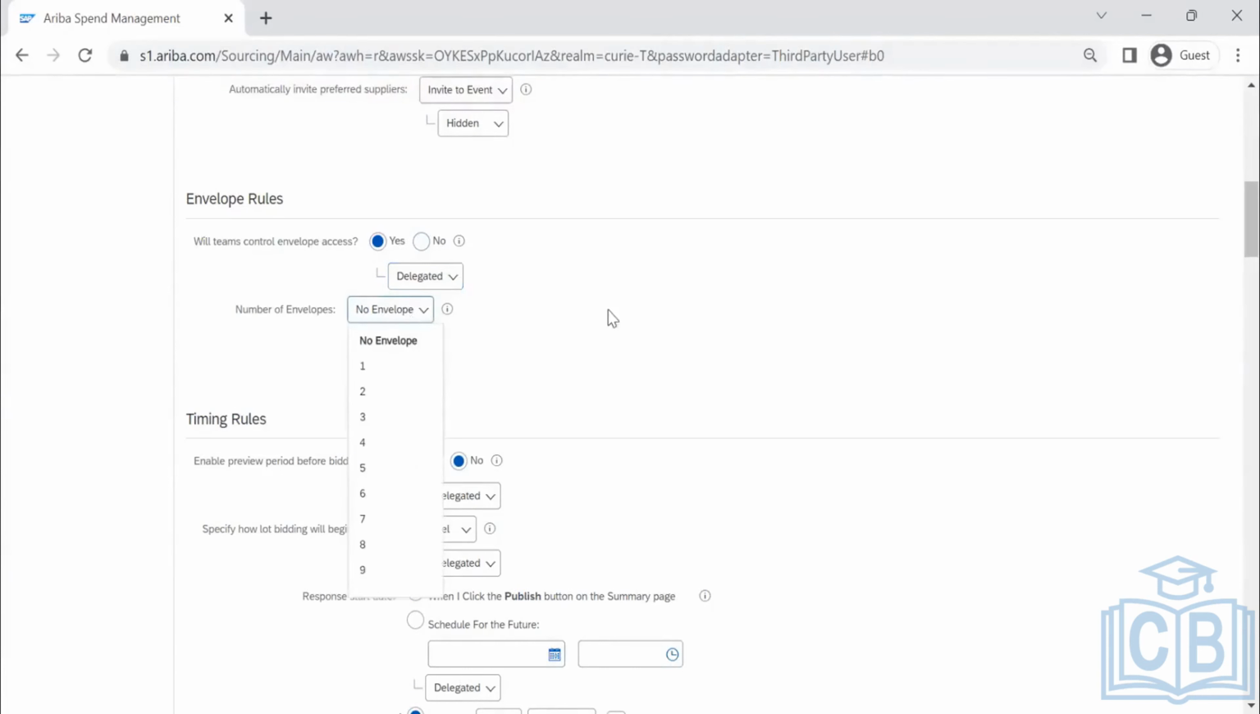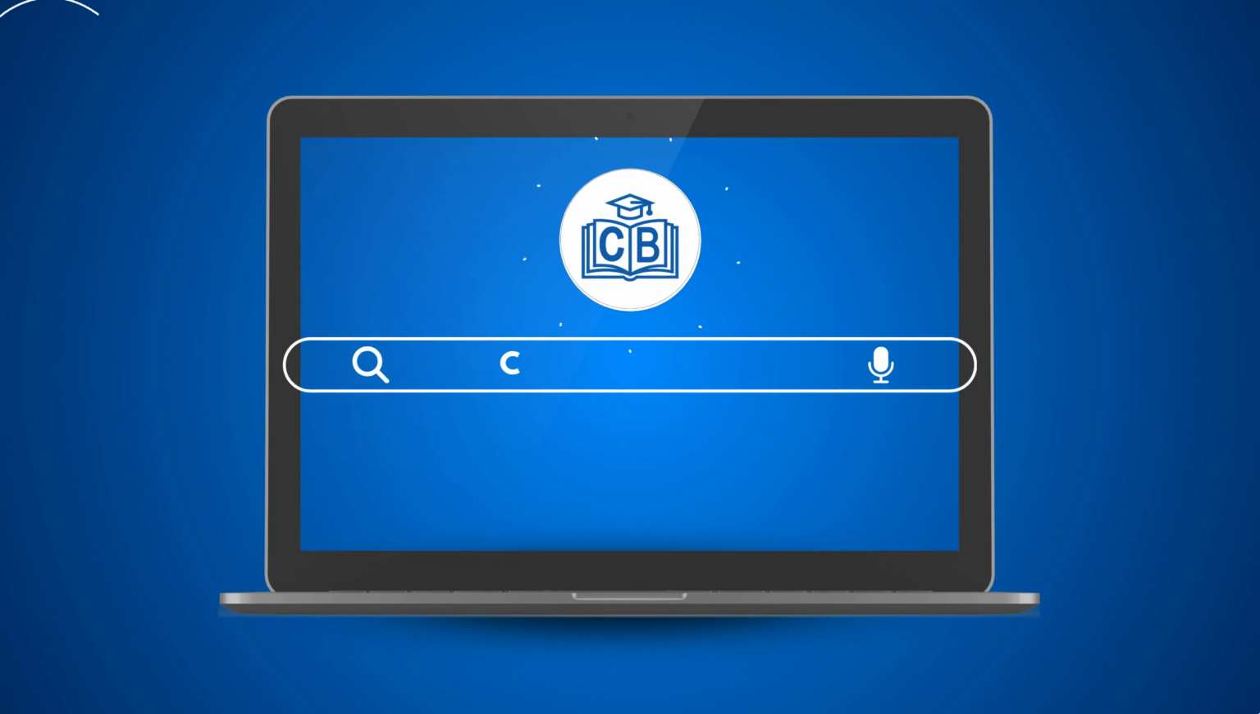Number of envelopes. Once you select the team as it is, then you need to tell how many envelopes you want to create. Even if I want to create 2 envelopes, I again want this to be delegated to the end user. He will be